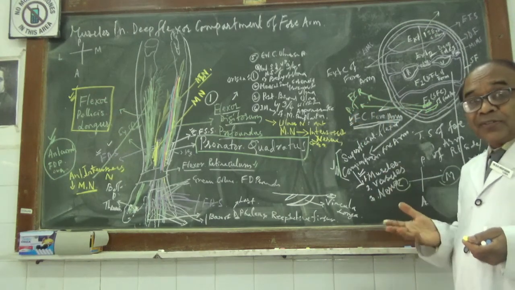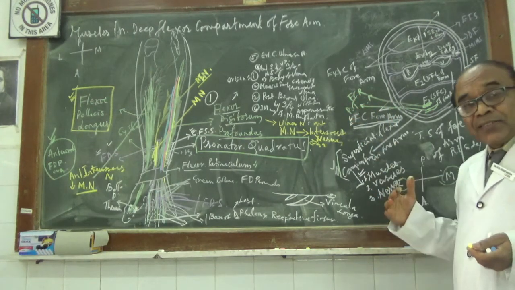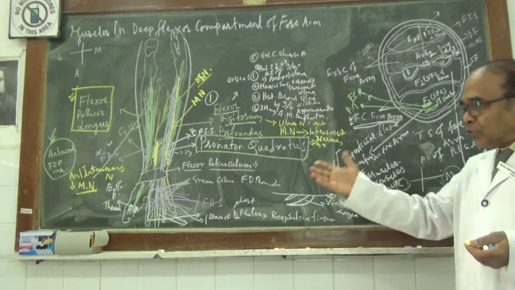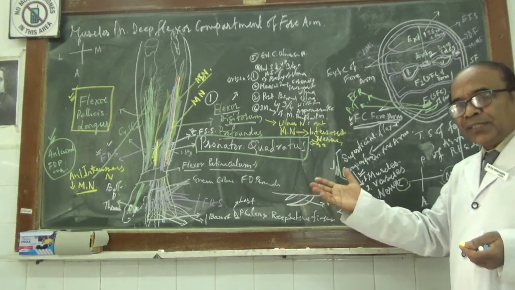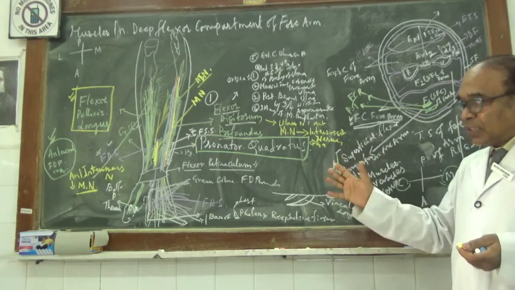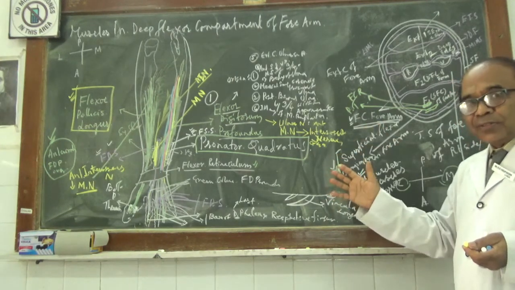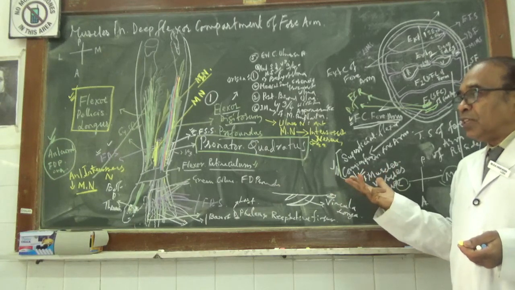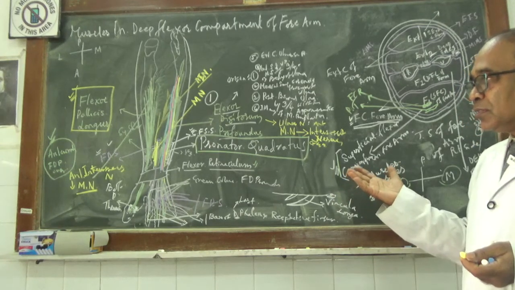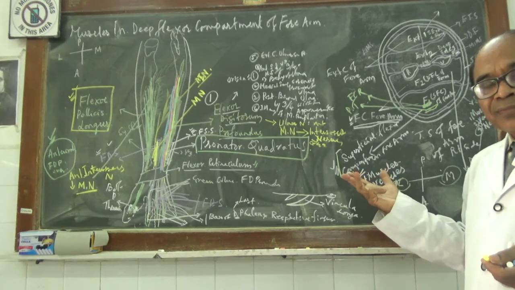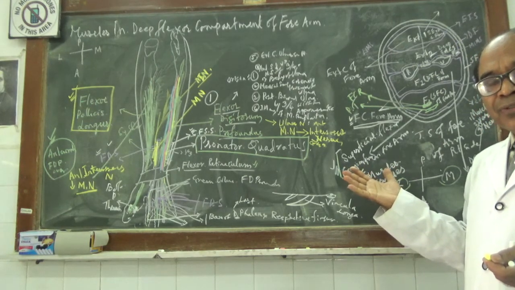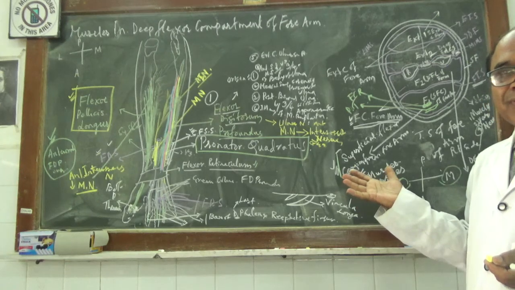The rest of the other muscles will act depending upon the site of insertion at the lower part, in the digits. So all these muscles will be acting on the wrist, but coming to flexor carpi radialis, flexor digitorum superficialis, flexor carpi ulnaris, flexor digitorum profundus, flexor pollicis longus,